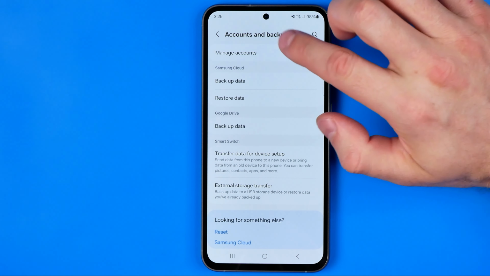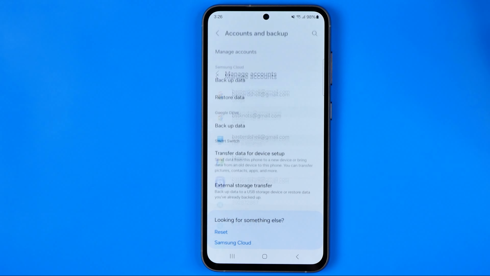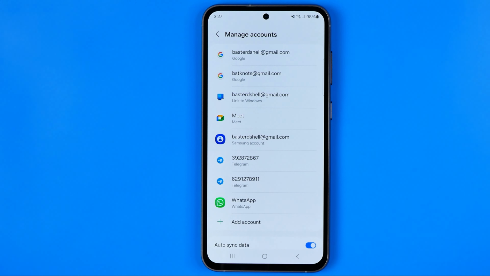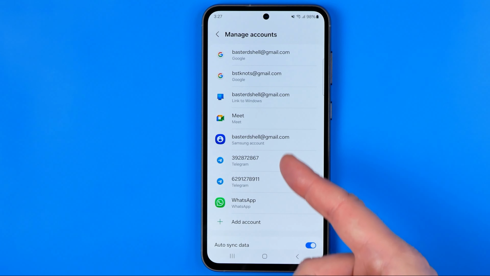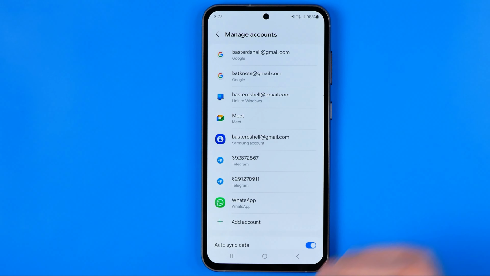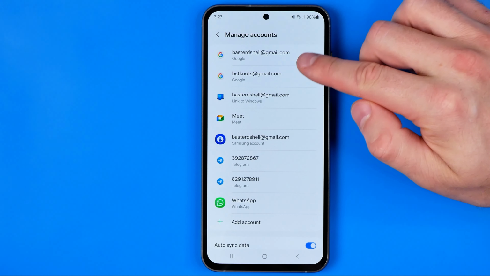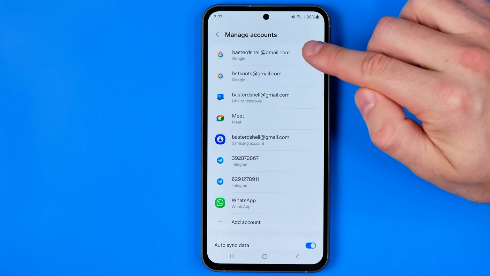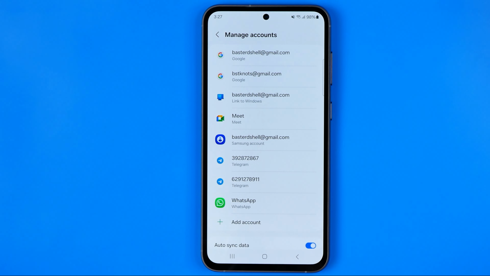And now here we need to get into manage accounts. And that's where we can easily find accounts we've signed in on that device, not just Gmail accounts. We can see here WhatsApp, Telegram, and some other accounts. However, at the very top, we can see 2 Gmail accounts, and let's say if we would like to remove